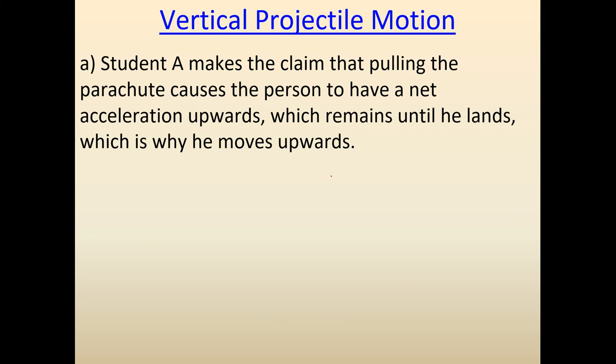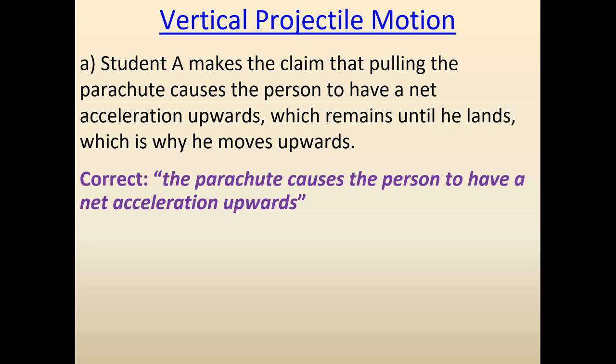I'm not going to play the video, but there's a clip from Star Trek, I think Star Trek Into Darkness, where they're falling and they pull on the parachute. It happens very quickly, but it's a really good example of the typical moving reference frame type questions with the whole relative velocity. I highly recommend looking at that because throughout the entire process, the camera is constantly following one of the characters, and you see all the other characters when they're pulling their chute and how it will look from his perspective. So this first claim,